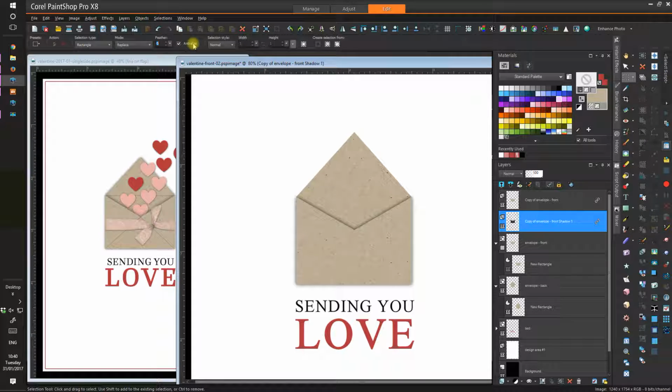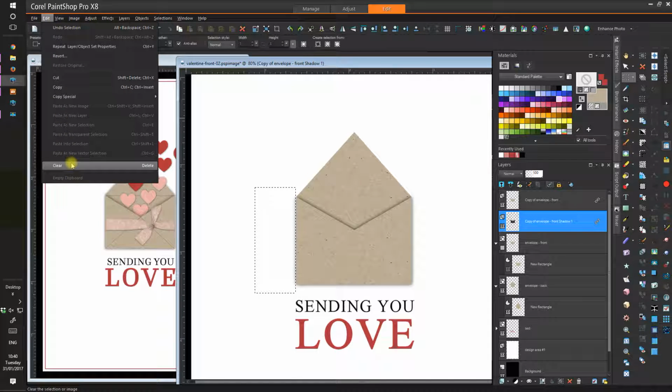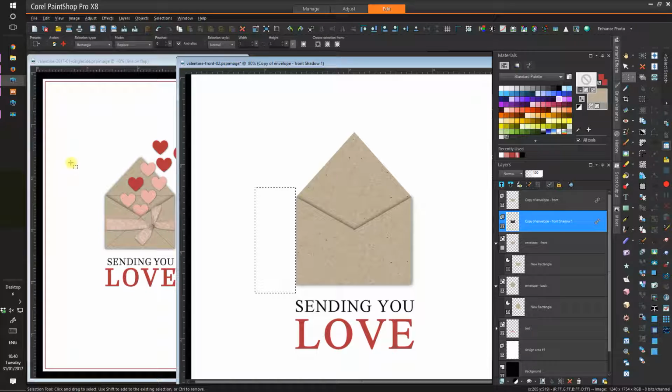That means it makes it soft around the edges. I don't want that. And you always keep anti-alias on, and it's set at normal. So then I'm just going to drag out from over here somewhere right up to the edge of my envelope, and then you can go to edit and clear. You can also press the delete key on your keyboard,